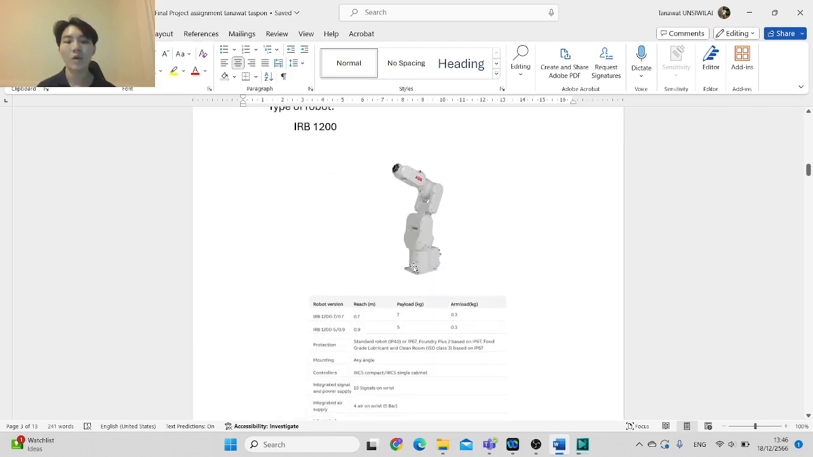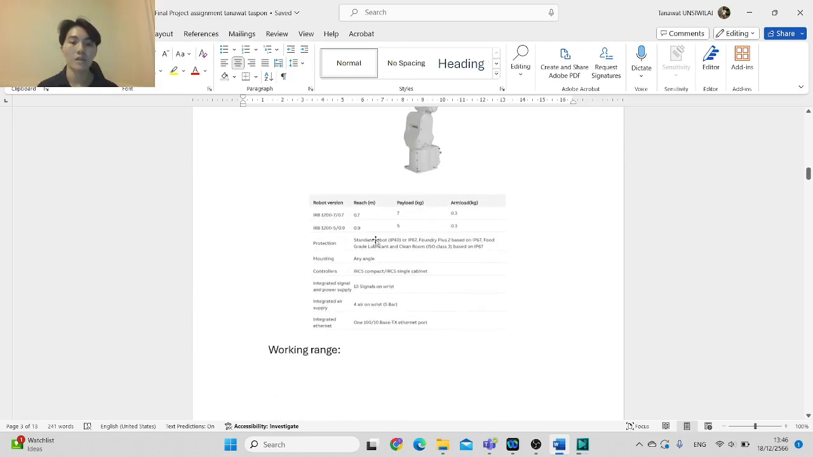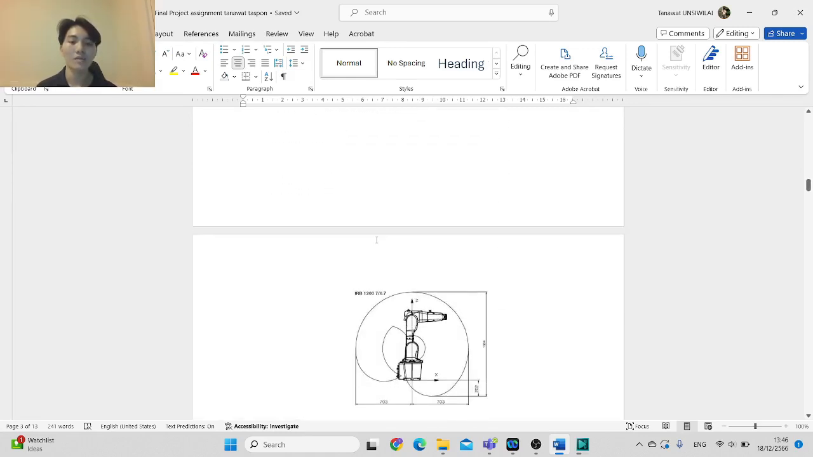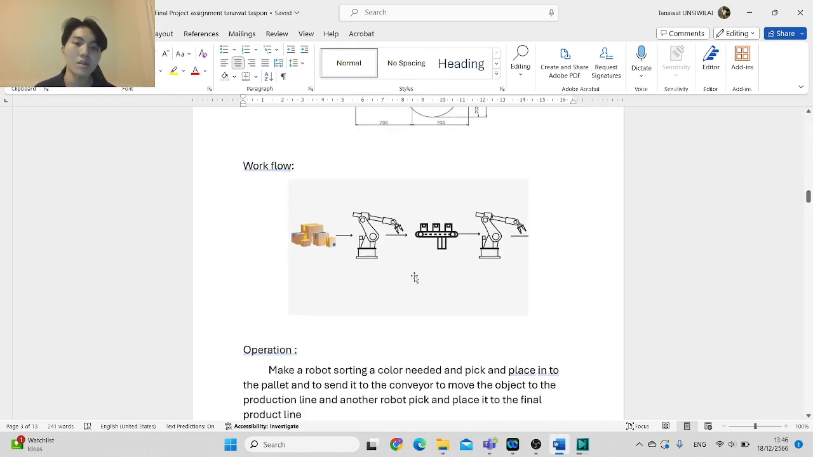So that is the type of robot, and this is the specification of this robot. We have a working range of around 700 by 1500. So the workflow, as you can see, we're going to pick up the work object and send it onto